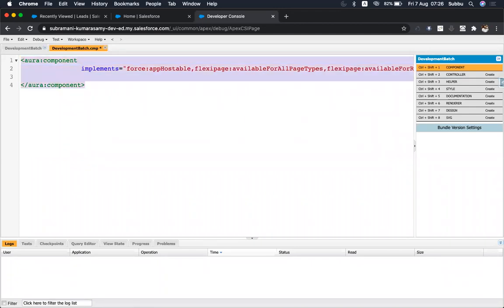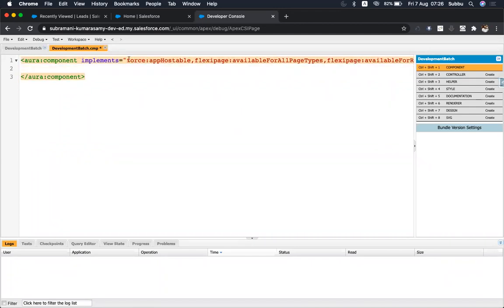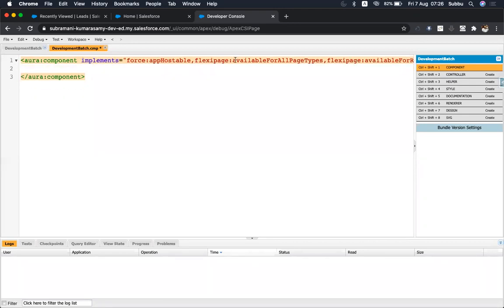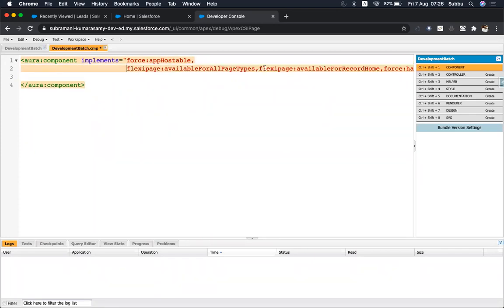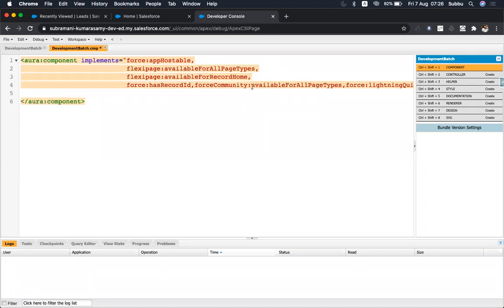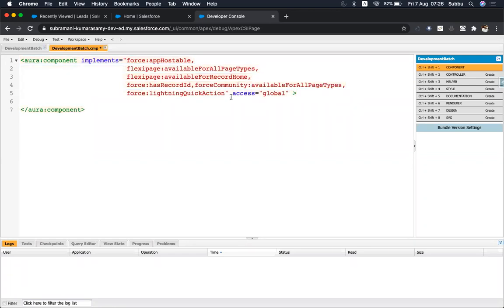See here, app hostable, flexipage available for all the pages, record home, record ID available for all pages, Lightning quick action, and the access is global, meaning this component is available for all the places.